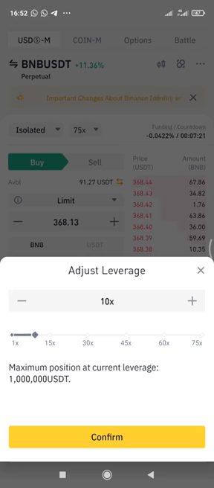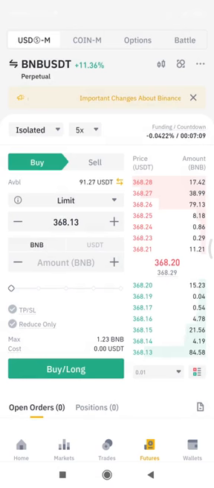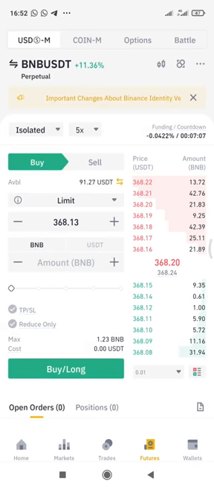Don't use more than 10x. You can use 5x. So you confirm and you can see it: isolated 5x. Now another thing about futures trading